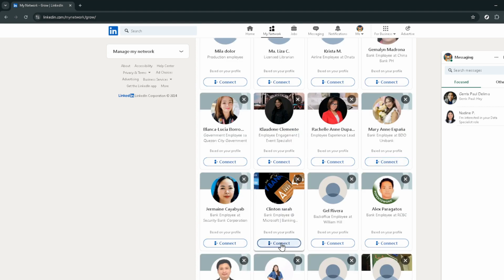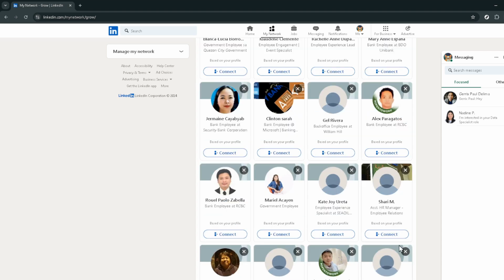Attend LinkedIn events or webinars. These can be fantastic opportunities to learn new things and meet people who share your professional interests. Increasing your connections on LinkedIn takes time and effort, but it's worth it. By following these steps and actively engaging with your network, you'll be on your way to unlocking new opportunities and